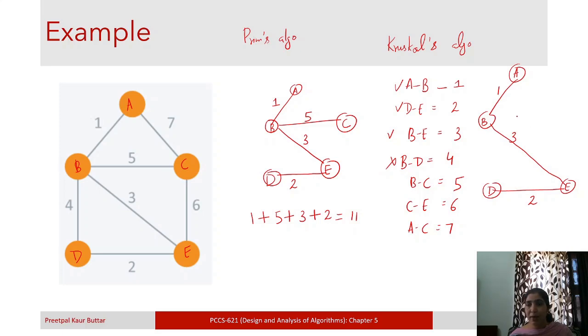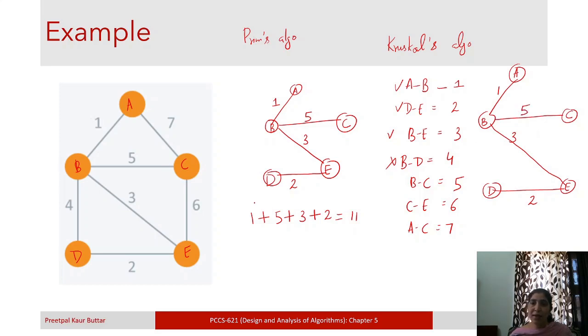Then B to C. So B is part of this component, right? And C is in a different component, right? C is not connected to this component. So I can pick this edge B to C, right?